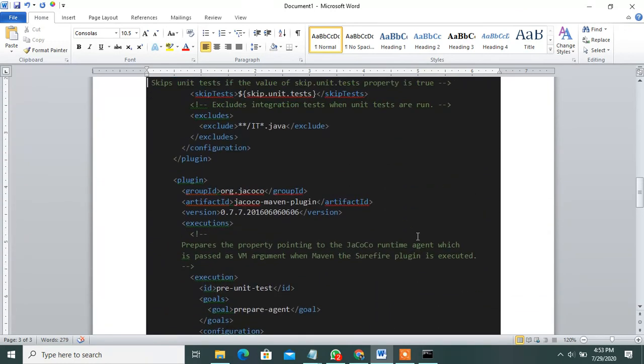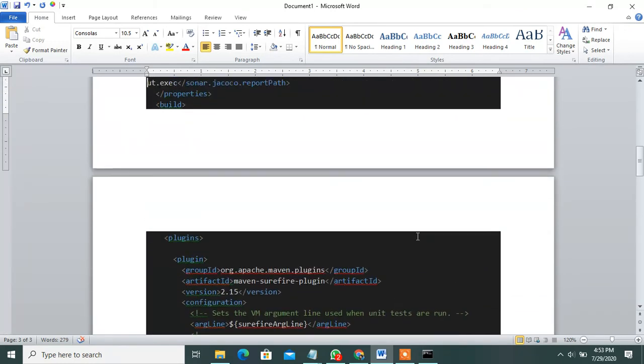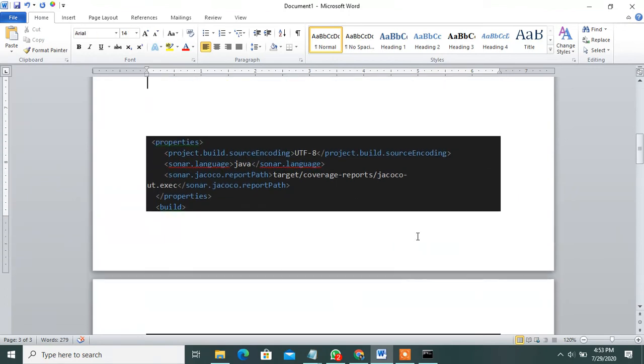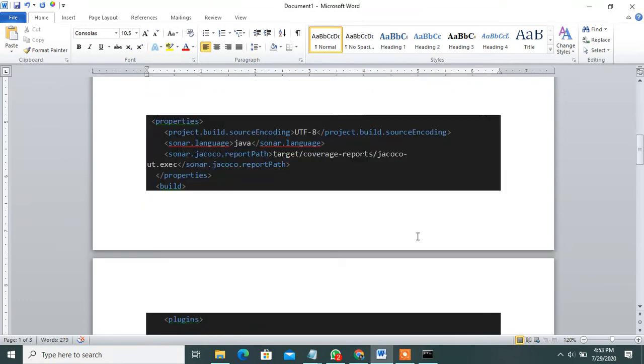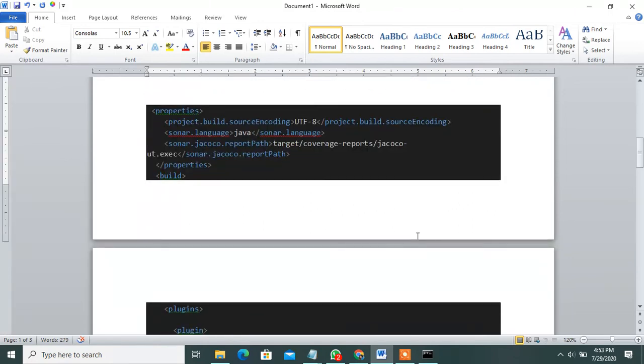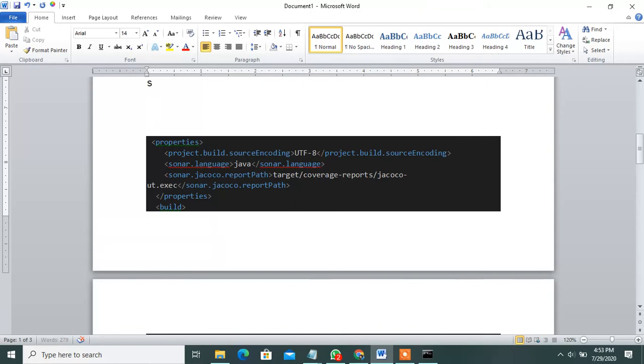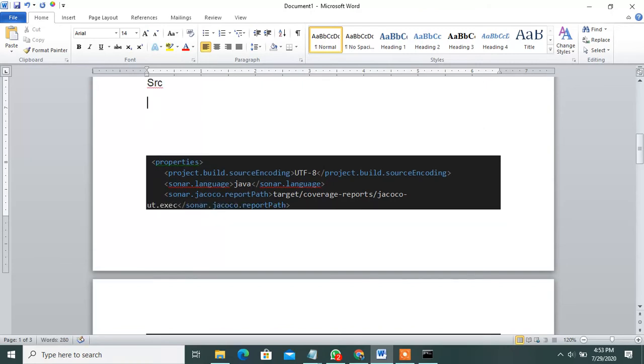See, once you install this project, you run mvn clean package. Once you run mvn clean package, then you can see the project name, and under the project the source code and pom.xml. You know already I explained what is source code and what is pom.xml, project object model, what is what.